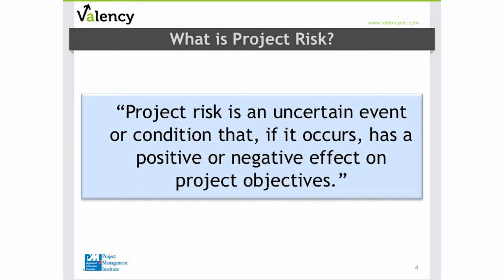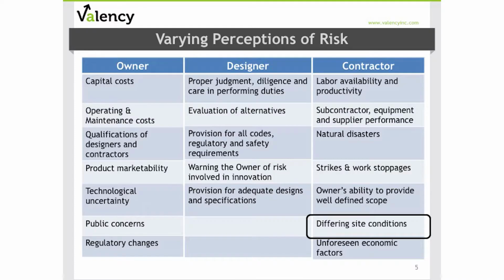To get us started, the definition of project risk that comes from the Project Management Institute is an uncertain event or condition that if it occurs, it may have a positive or a negative effect on your project objectives. So often we only think about project risk in terms of the negative, but it really comes back to focusing on the uncertainty of that event or condition. Project risk management refers to the process of controlling those positive and negative effects so that we can ensure we have a successful project. And our role in capital project is really going to have a pretty big influence on our perception of what risks are.